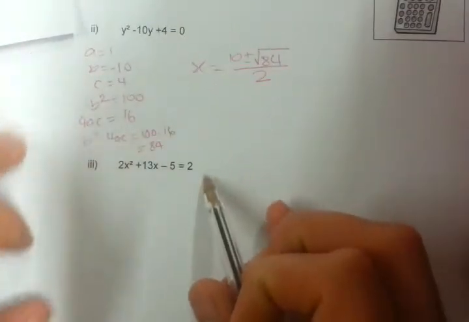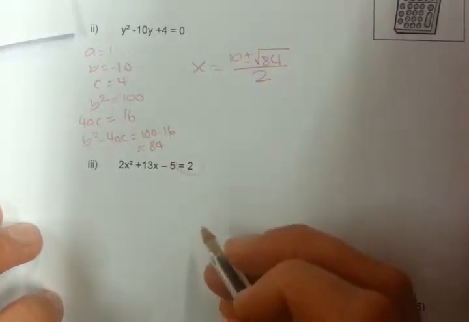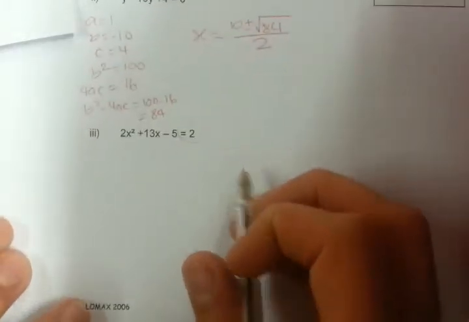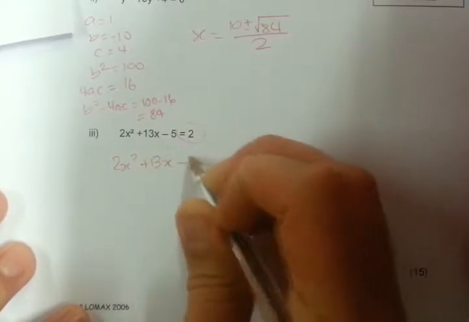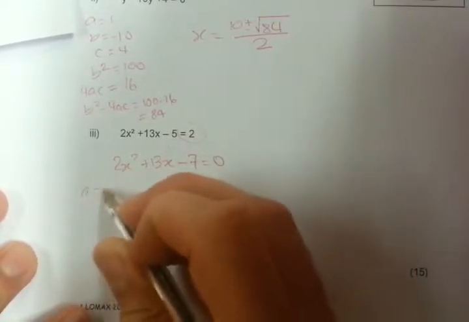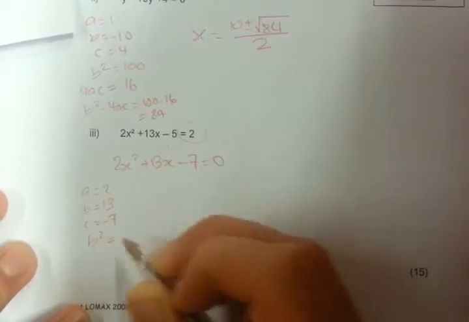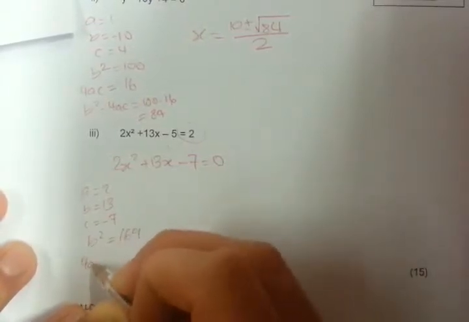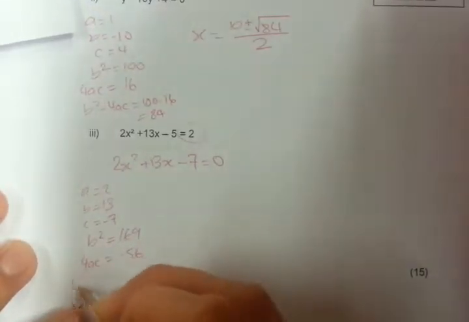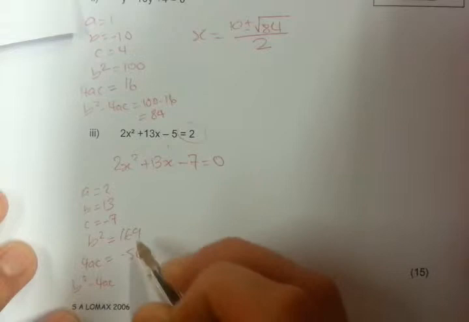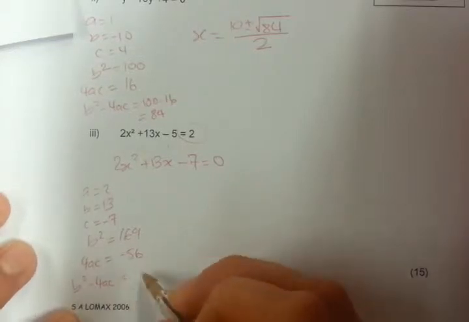Anyway, this last one, we can't do the quadratic formula yet because that's not a 0. All quadratic equations, we start by making it equal to 0. So we minus the 2 over, we get 2x squared plus 13x minus 7 equals 0. So now we've got a is 2, b is 13, and c is minus 7, which means that b squared is 13 squared. 4 times a times c is 4 times 2 times minus 7, which is minus 56. And this time, b squared minus 4ac is 169 minus 56, which is